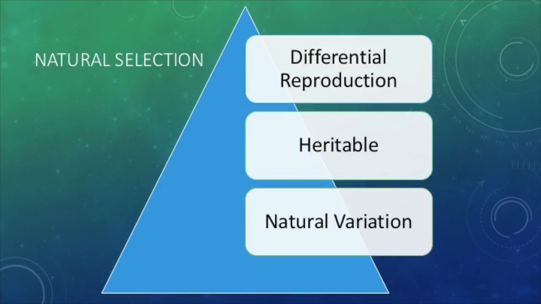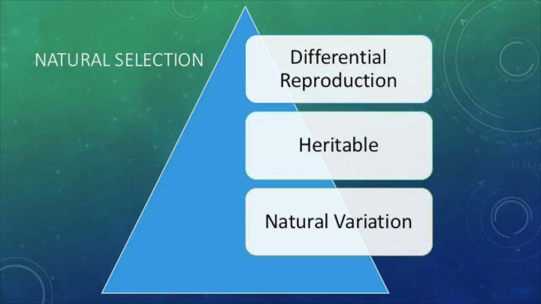Natural selection can only occur under the following conditions. The gene in question must be naturally variable. If the gene has very little variability, then the environment cannot select for individuals that best fit the environment. Next, the trait must be heritable. This means that it has to be a trait that is genetically based, otherwise the trait won't be passed down. This is an occurrence that requires multiple generations.